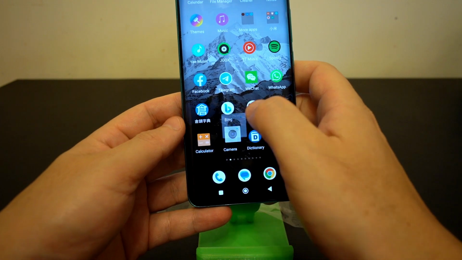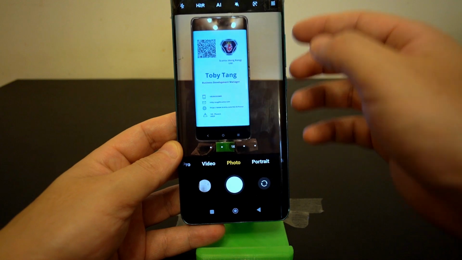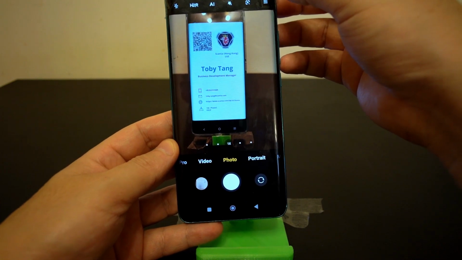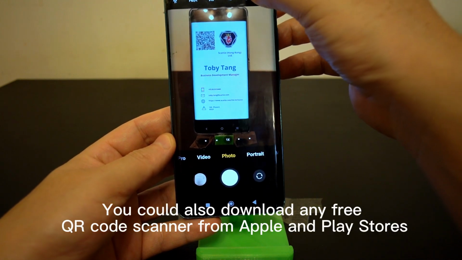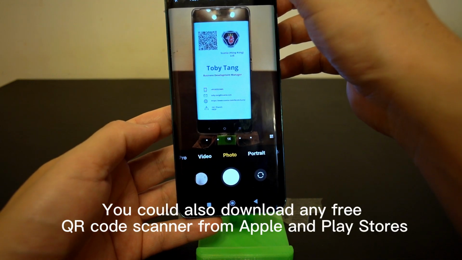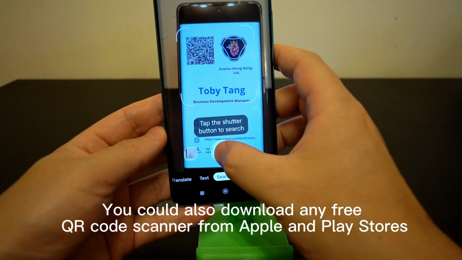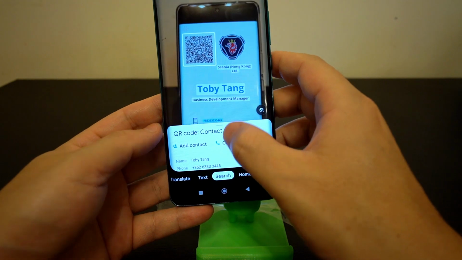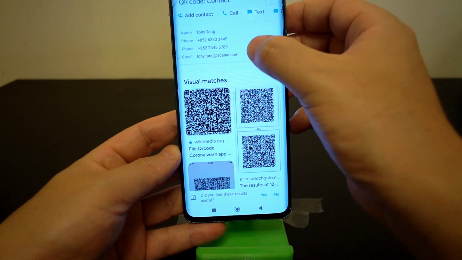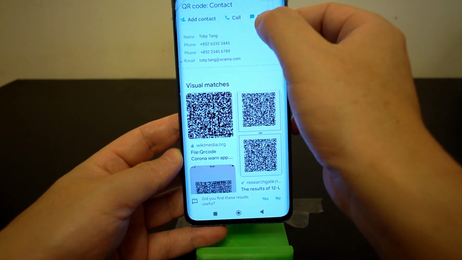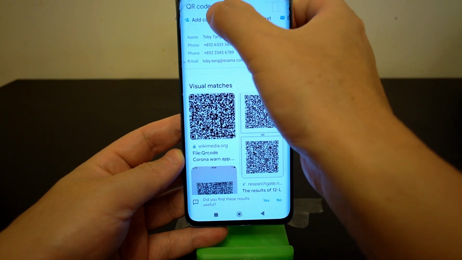And now I use an Android phone to do the test. Some Android phones you need to set up in your camera to enable it for scanning. And here, some use Google Lens, like this one. I type it in, and then it already detects there is a contact, like Toby 10 and work phone, mobile phone, etc. and email. So you can call it, you can text it, you can email, you can bring it to a website, and here I add to a contact